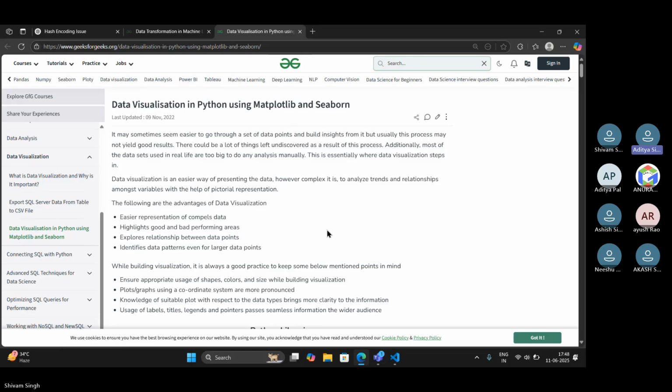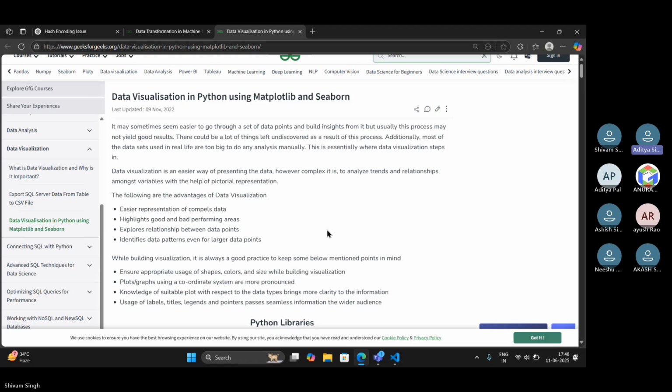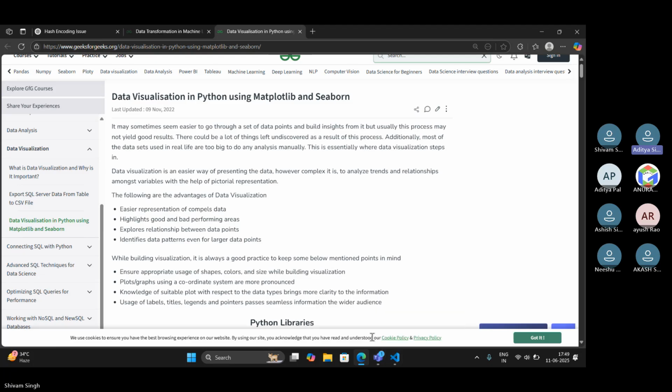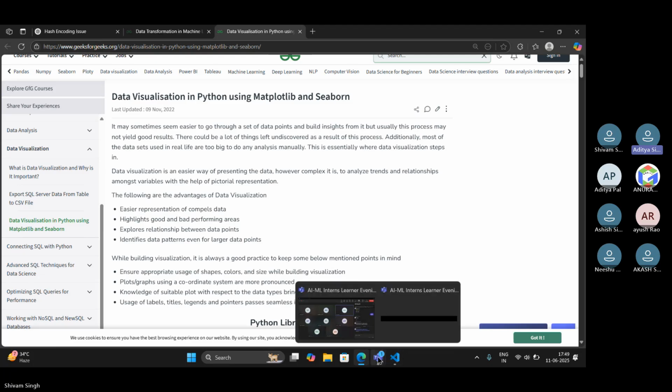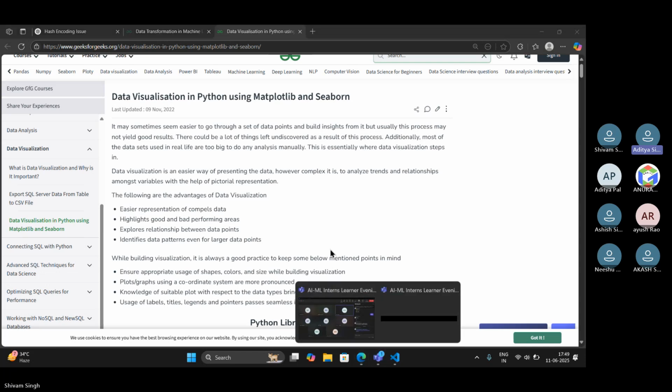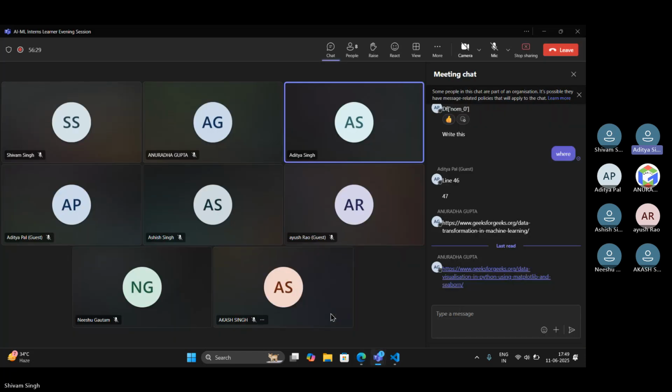The following are the advantages of data visualization. Data visualization is easier to compile data, highlight good and bad performing areas, and explore relationships between data points. Data visualization also helps in identifying data patterns even